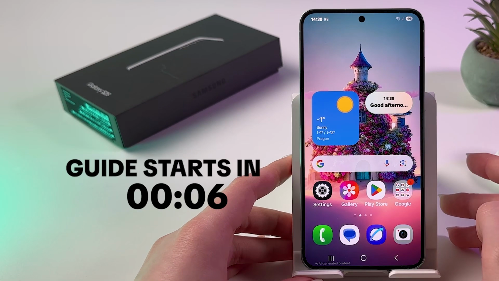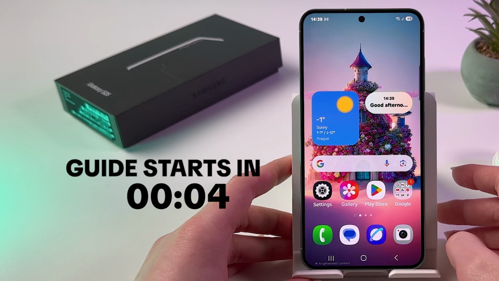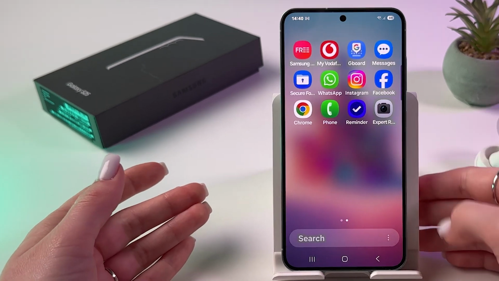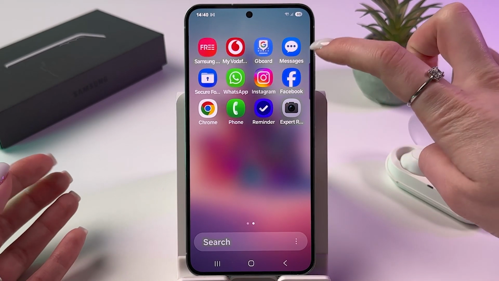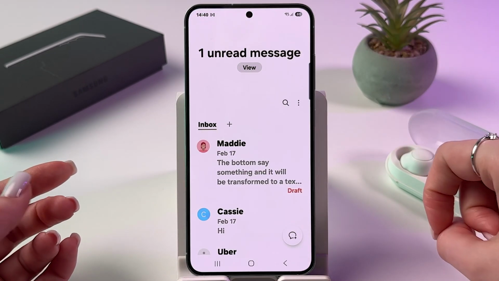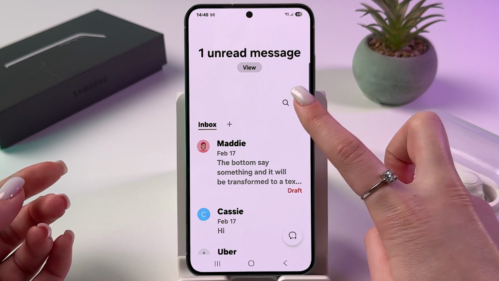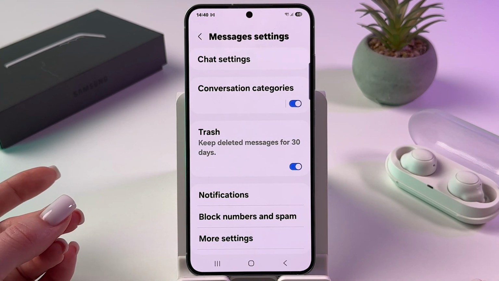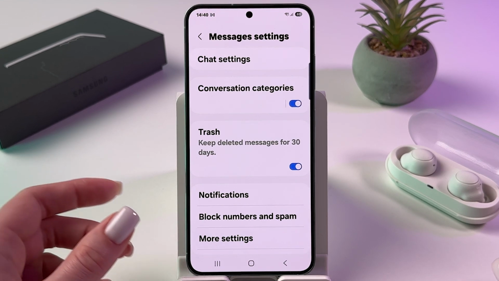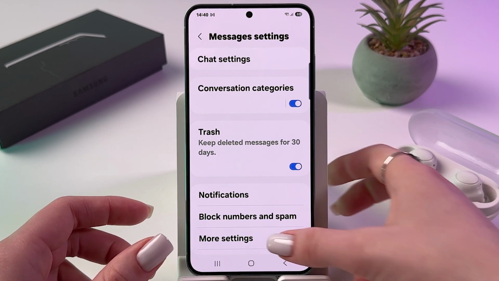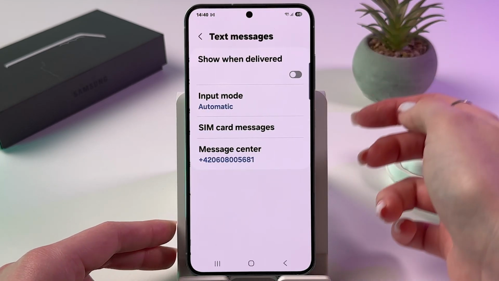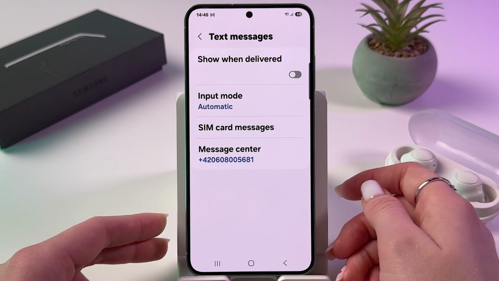Hi, to enable SMS delivery report on Samsung Galaxy S25, firstly, find and open your Samsung Messages app, then tap on three dots for more info and choose Settings. After that, you would need to select the tab More Settings by tapping it, choose Text Messages, and find Show